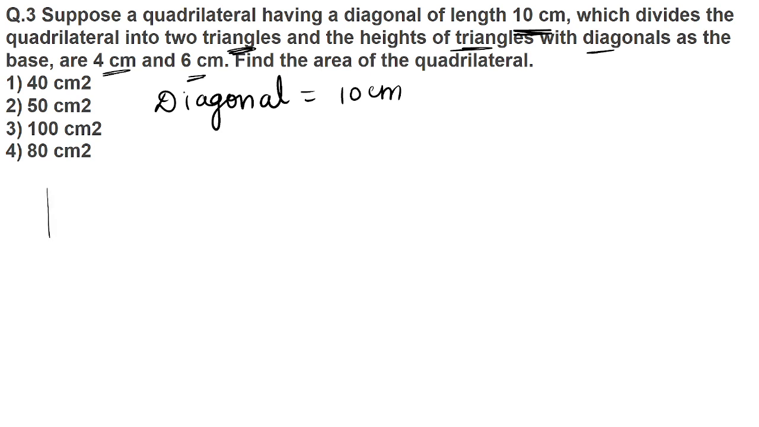Suppose this is one quadrilateral. I'll just explain it to you. This is one quadrilateral, and I'm drawing the diagonal. This diagonal is 10 centimeter. Please ignore the diagram, I'm not able to draw properly with the pen tab. Okay. Now in this quadrilateral ABCD, if this is the diagonal,